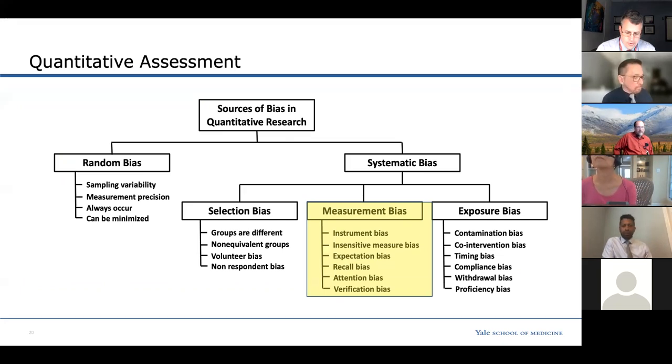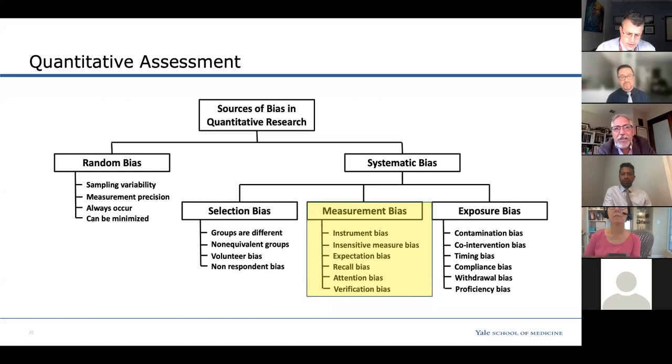Marty? John. So yes, we've been talking a lot about narrative and qualitative assessments, but bias is surely not limited to that arena. Quantitative research can have all sorts of biases as well. And I'll just give you a very brief viewpoint of how I think about this, which is there's things called systematic bias and random bias. Random bias is something that occurs all the time. It can be minimized, and we really don't worry so much about it at all. What we worry about is systemic bias.